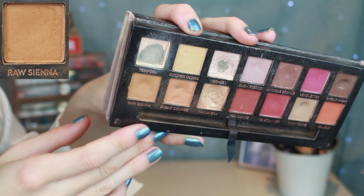Next is the shade Raw Sienna from my Modern Renaissance palette. I will put on screen what it looked like last month. We had a little bit of a dip in it, but not too much, but I've really worked on this. I am really close to pan, I think. We've used it 8 times this month for a total of 12 uses, and I will put the close-up of